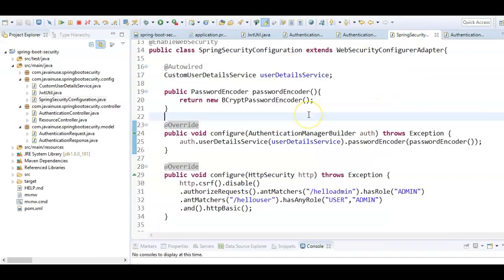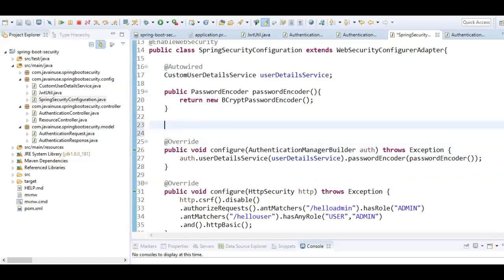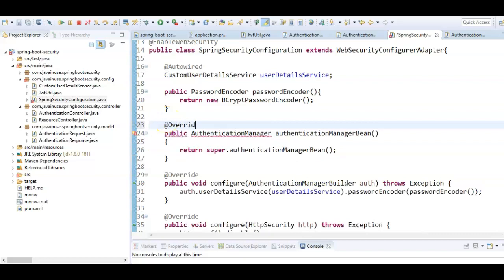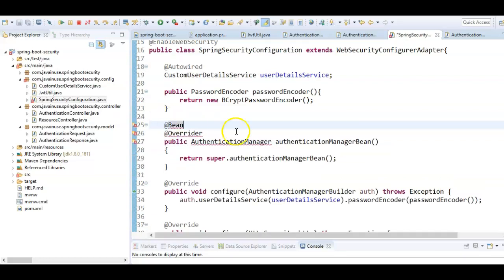Go to Spring Security configuration. Here first we'll be creating a bean of type authentication manager. Create a method which returns the authentication manager. From this method we'll be calling the super.authenticationManagerBean. So this is the authentication manager that we have already configured using the authentication manager builder.